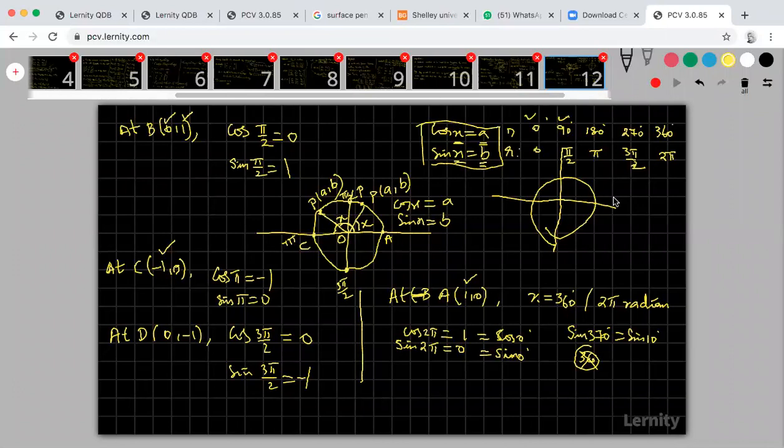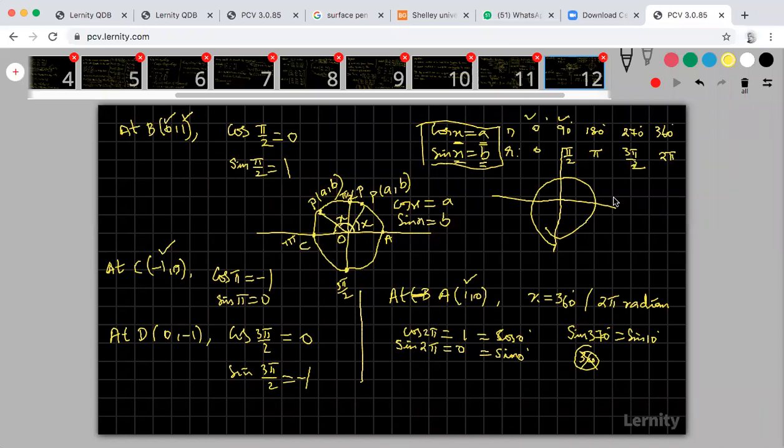So apart from these standard values, if we need sine 40, cos 40, we have to apply some formula, simplify, and then only we will get it. Is it not possible to find out all the values? We can remember, understand, and prove some standard values. Sine 0, what is cos 0, what is the value? Sine 90, what is the value? Cos 90, what is the value?